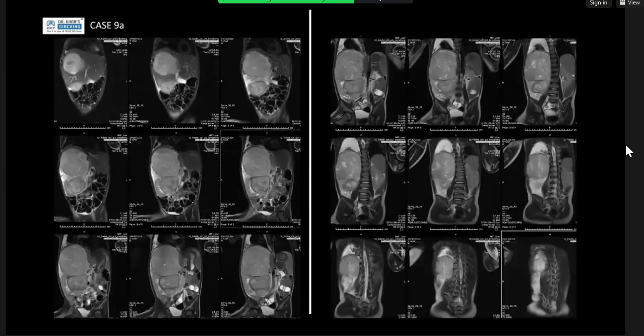Can I know the age of the patient? Yeah, the patient is 2 years old. Mm-hmm. Yeah. So can I have other sections, like the axial, or are these the only sections